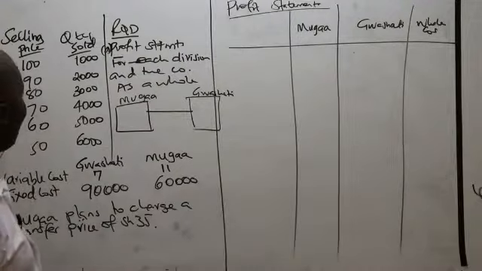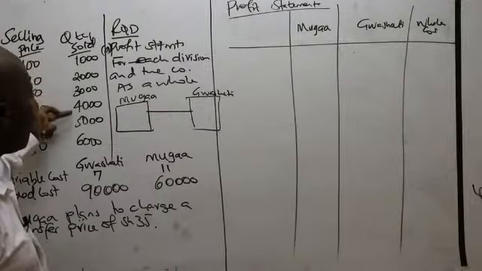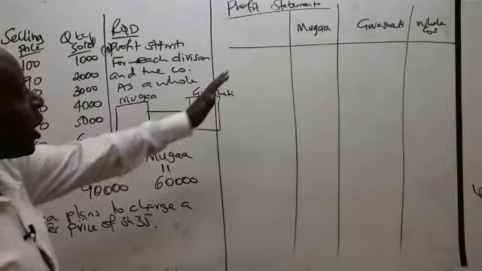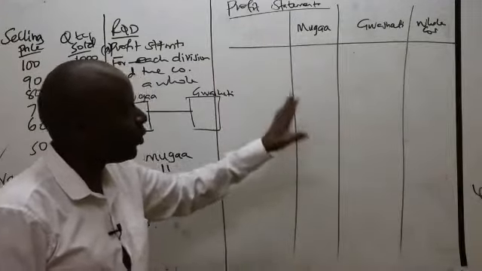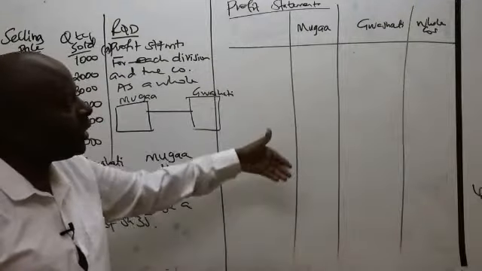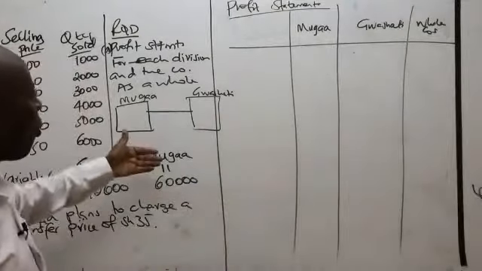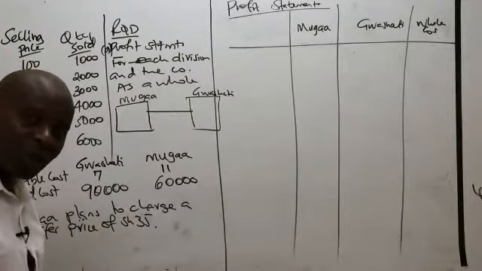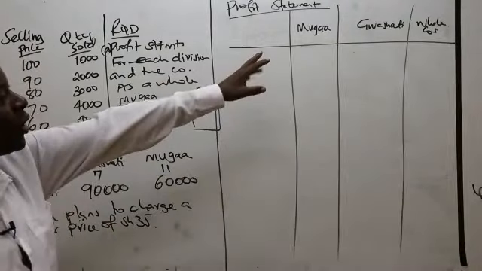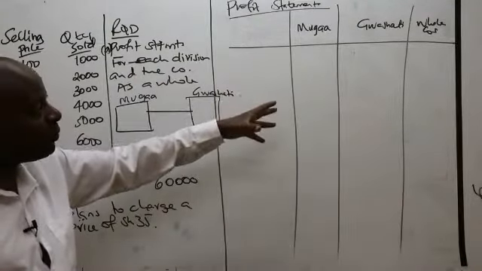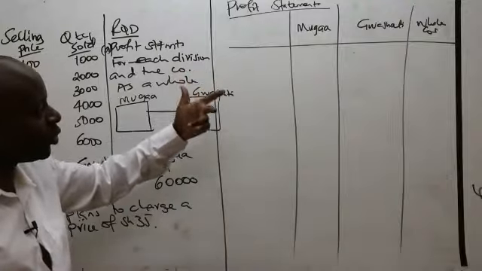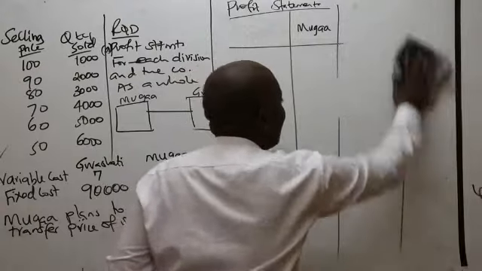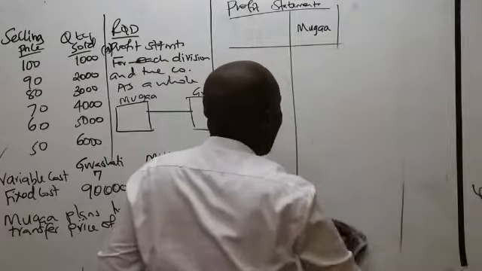Now, if you look at this particular question, there are various quantities here that will have to be produced and then sold. If you organize your table like this, which is the general format that you normally use, at the end of the day, you will get lost. Why? Because here we happen to be having various quantities. You will see in our past papers, this will always be the format we shall be following, because in most cases, the examiner gives you like two quantities only. But now these are very many. It means that we need to calculate these profits here for each division one at a time.